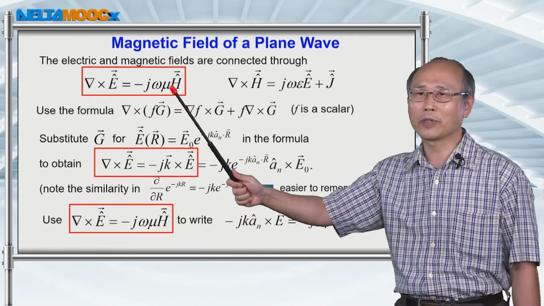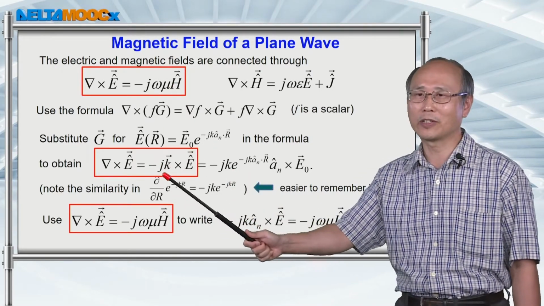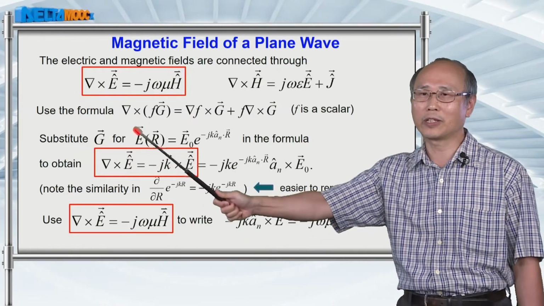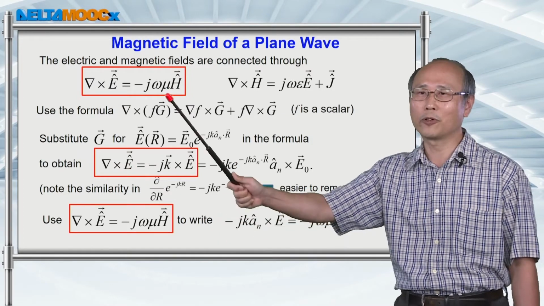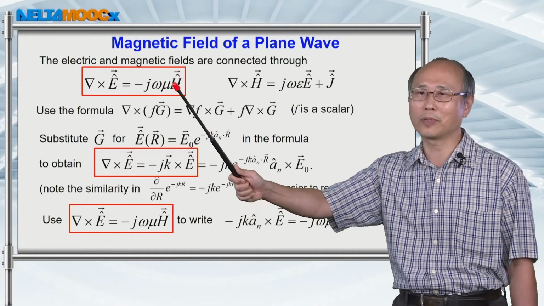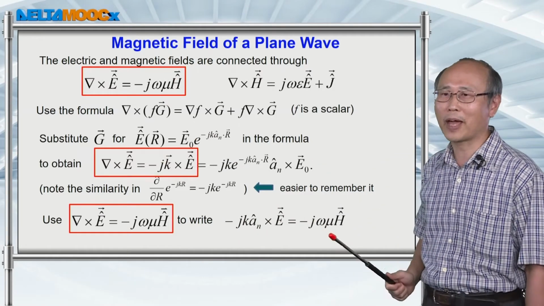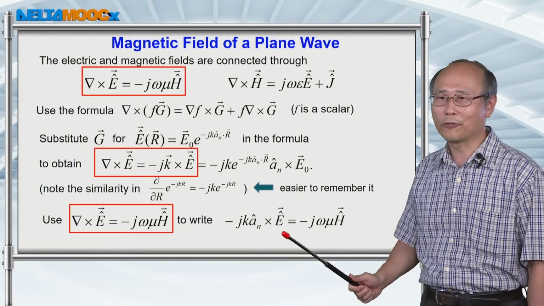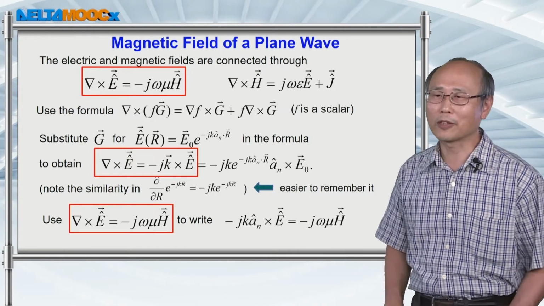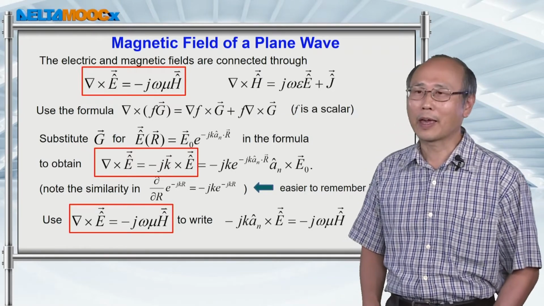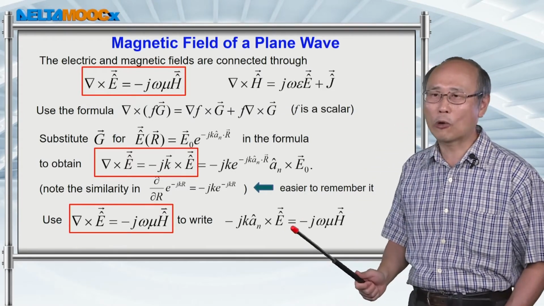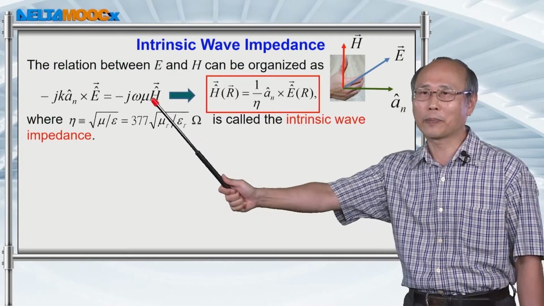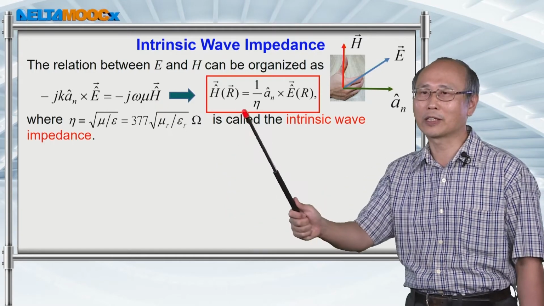Now, if you put this and this together, you have this calculation already from this expression. But on the right-hand side of this expression, it tells you that the curl of E can be replaced by this. So if you just put this and this together, then you end up having this expression. And this expression tells you that if you know the electric field, you can deduce the magnetic field from this expression. We can further organize this into a more compact form. If you just do some algebra, then you can write down this expression.